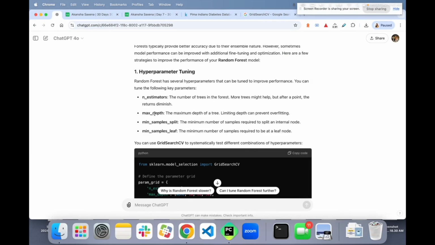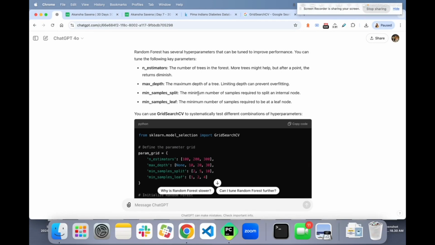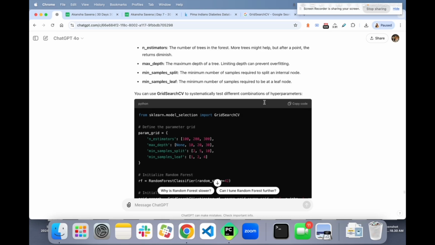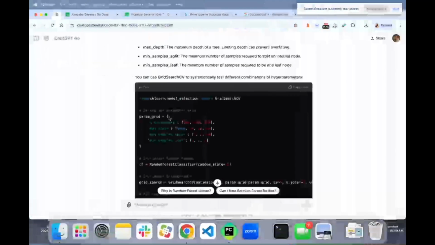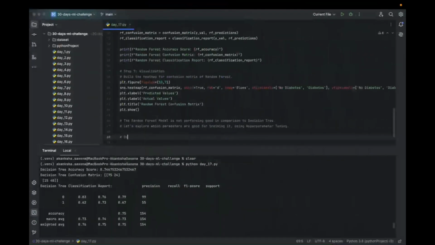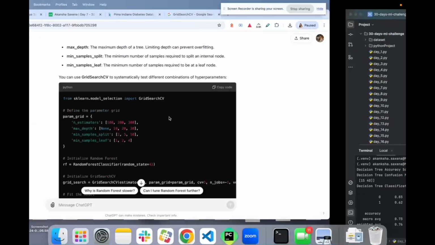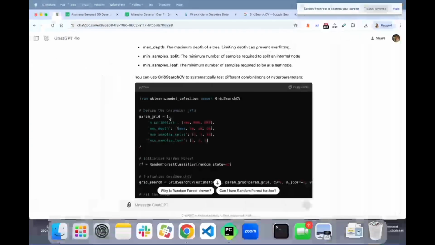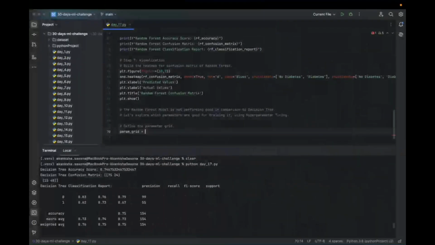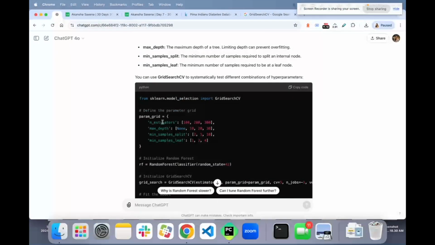So there are these parameters to define the depth so that we are not overfitting: the minimum sample split, the minimum number of samples required to split an internal node, and the minimum number of samples required to be a leaf node. So we will define the parameter grid. The param grid is going to be a dictionary, not a list, and first we will do an estimator,